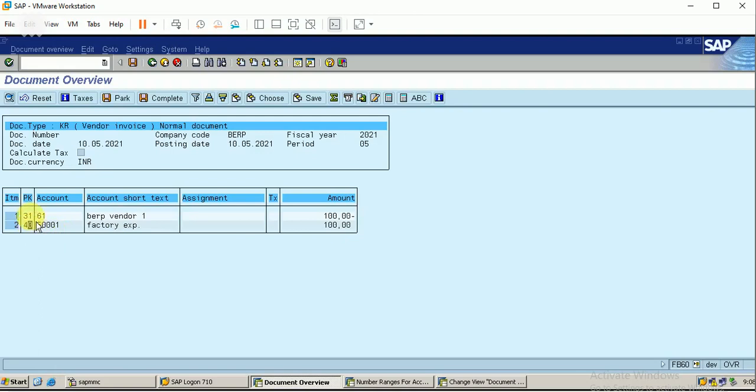You can save it. 31 is the vendor account, and 50001 is the expense account. This is the short text for the account name. Still it is not posting.